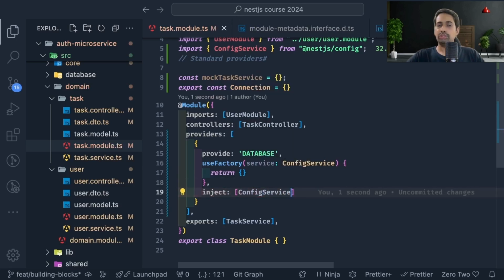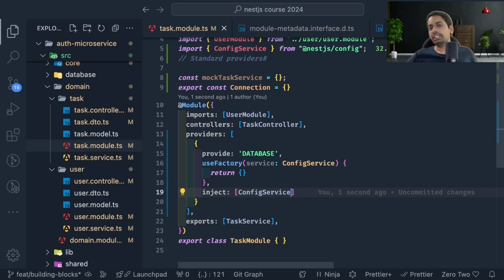So we talked about three or four different ways of declaring it: factory provider, use class, use value, use existing, and they all are important. So let's say when I'm going to use TypeORM, I'm going to do the asynchronous initialization of the database module. I have a database module, but the values are coming from config service.